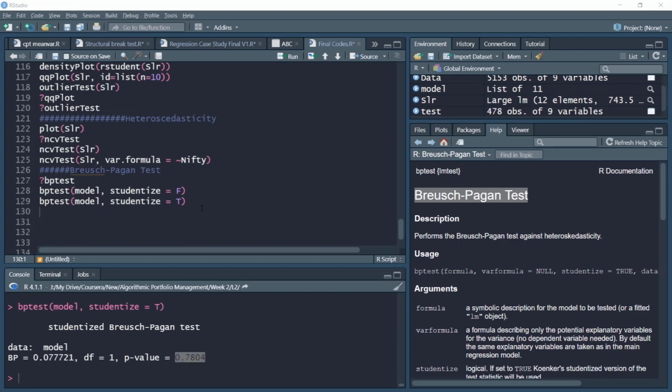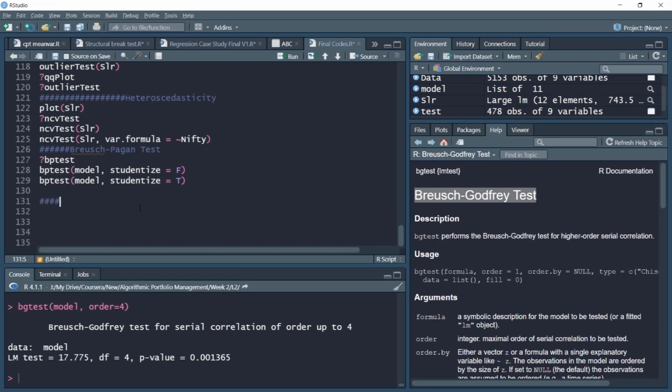Just to summarize, we tried to visually examine the issue of heteroscedasticity. It appears that the residual variance is not constant. However, when we conduct the BP test with studentized errors, our model seems not much afflicted by the issue of heteroscedasticity. So there is an issue of heteroscedasticity, but it seems to be slightly moderate.